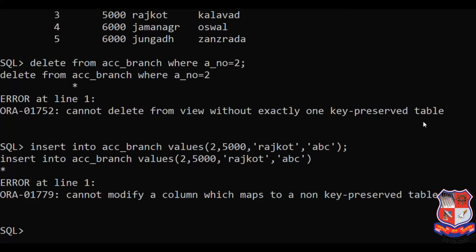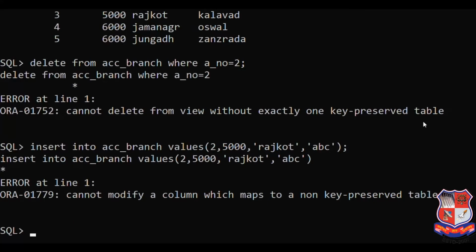In a single base table, we can perform all the operations. We already saw in our previous video that we can insert records and delete records. All these things can be performed on a single base table, but not on a multiple base table.